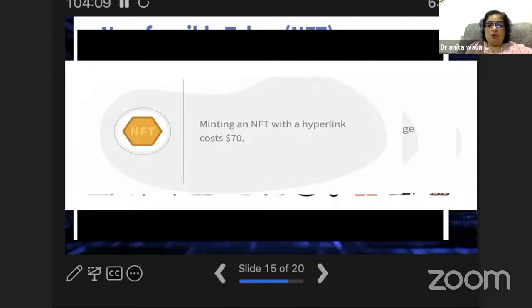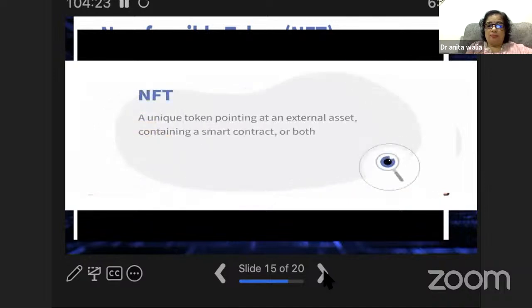And because it's an NFT, it is stored somewhere, it's unique. There's a cost of storing this data on the blockchain, which is very high. An NFT containing 5 megabytes of images on the Ethereum blockchain will cost you around $500,000 in gas fees. I will show you that example in the video. So these NFT charges are for holding that on the blockchain. Out of that, you can give a link of an image in it, which you can do for around $70. So an NFT is a very unique token that points to an external asset